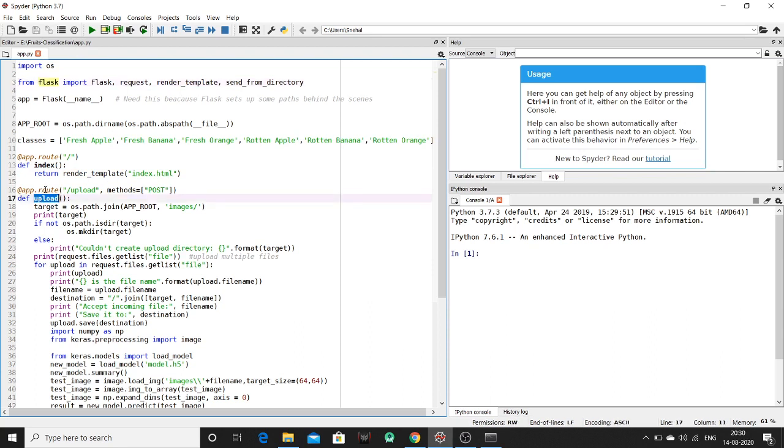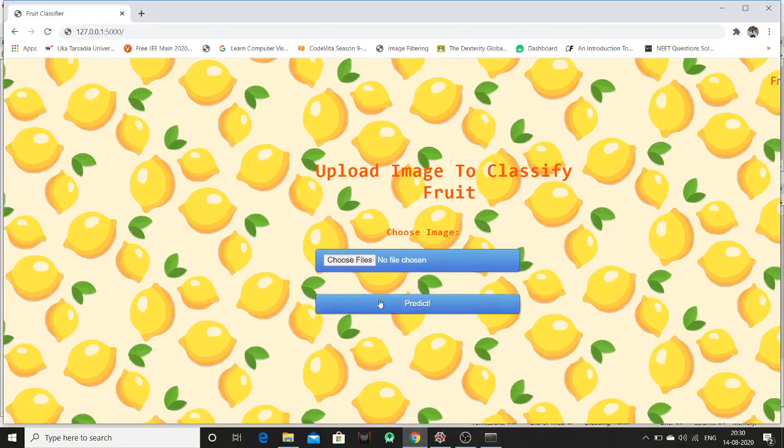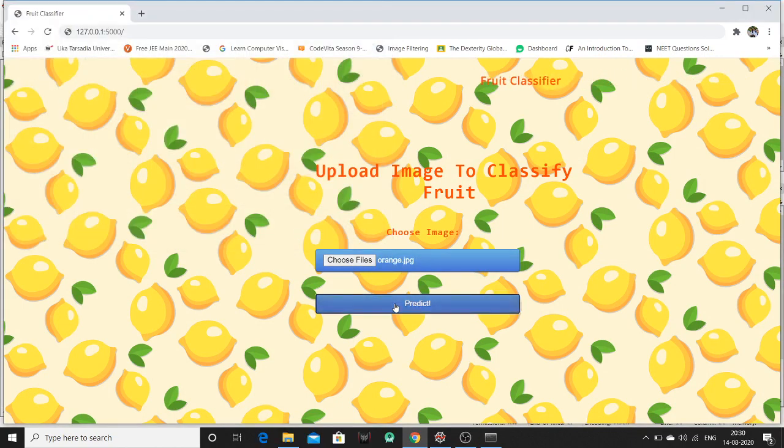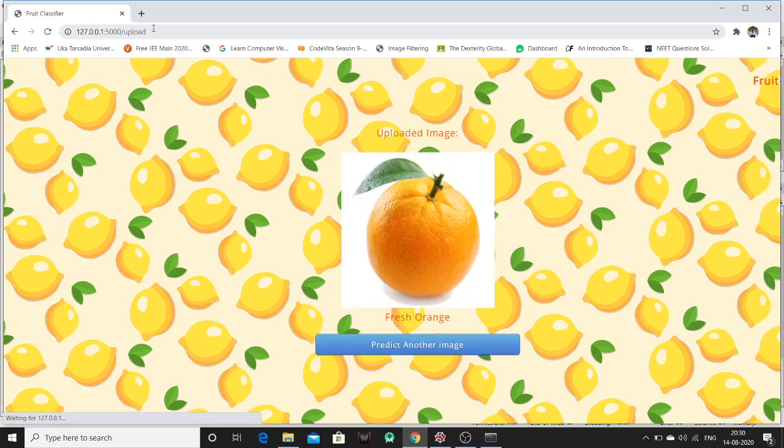Now the second function is the upload function. This function is also converted into a Flask view function that will come into the upload section. That is, after uploading any image, let me select an image again, orange this time, and predict the output. You will see that after the slash, upload will be added.